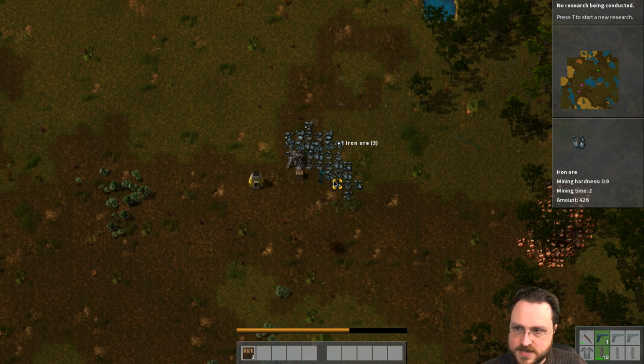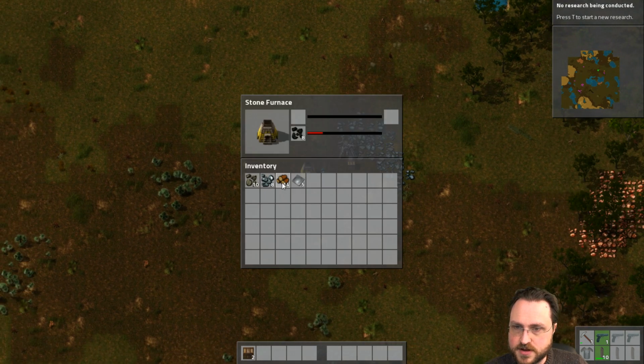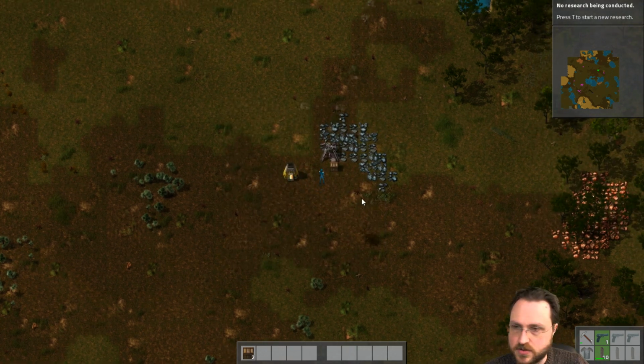And we're going to want to definitely set up some more burners here. But of course, we are very far away from our coal. This is actually going to be a bit of a problem early on in that we're going to be stuck running back and forth just to get everything going. Can I make a second? Yeah,